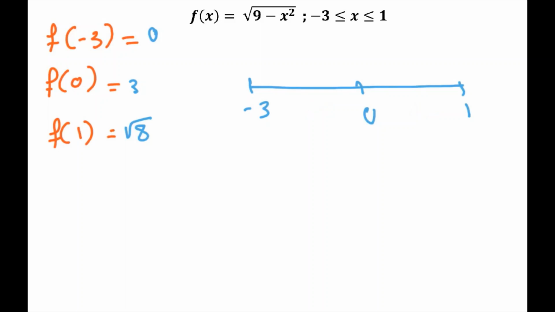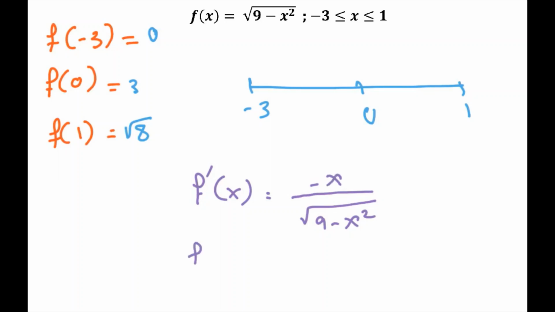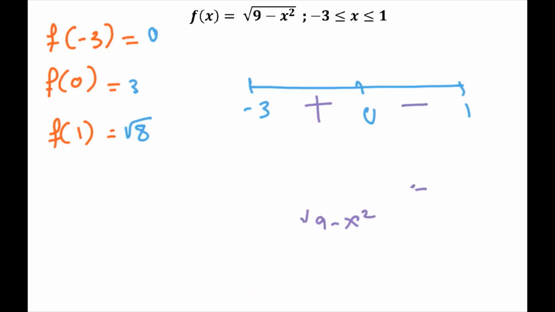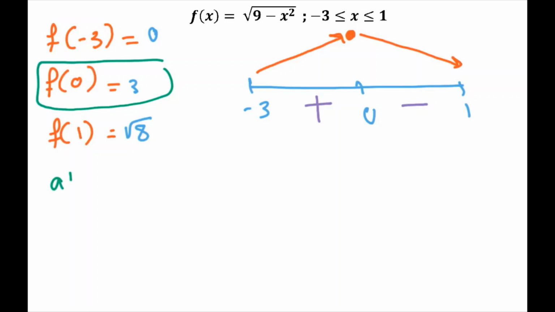Okay, so by substituting in the derivative function, which is negative x over square root of 9 minus x squared, that's the derivative. So we can take f prime, let's say, of negative 1 and f prime of 0.5. By doing this, we will substitute negative 1 here and 0.5. We are going to get a positive and a negative answer. Now, if it is positive, then the function was growing and it goes down. So this one is a maximum point, and it's the only maximum. So we know that the absolute maximum